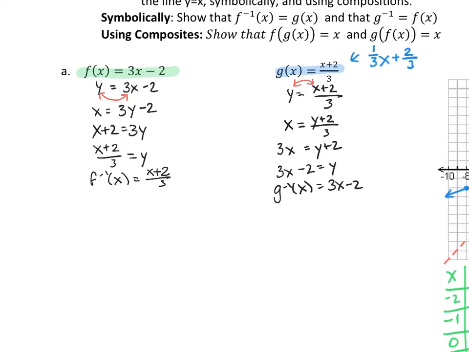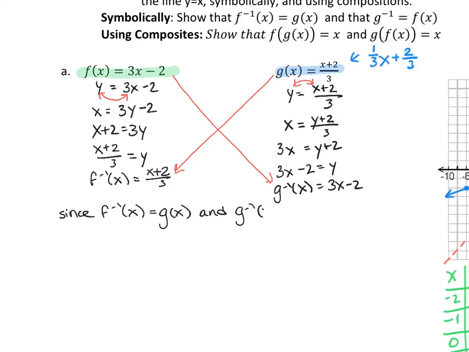Now I take a look at that and go, hey, we just found the inverse of both of our functions, and you may notice that, hey, f of x, well, we got the same thing when we solved for g inverse of x. And our g of x, we got the same thing when we solved for f inverse of x. So if we were to write a conclusion statement here, we can say, well, since f inverse of x is equal to g of x, and g inverse of x is equal to f of x,